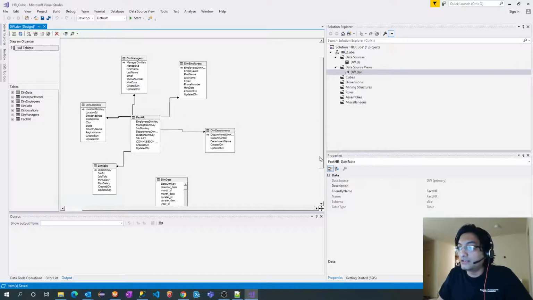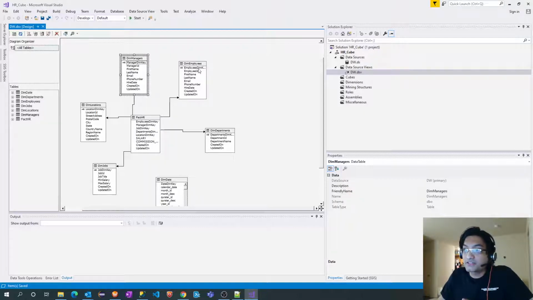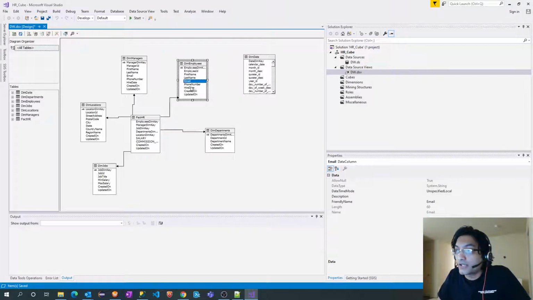Now the date dimension still remains. You do not have a date dimension key in the fact table, but you do have a date dimension key in the manager dimension and employees dimension. So I will purposely not join this date dimension with the manager dimension. I just wanted to tell you the beauty of the date dimension, the reason why we created the date dimension separately. So for the time being, I will move this higher date to this.